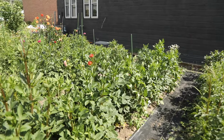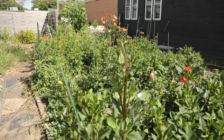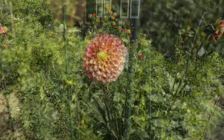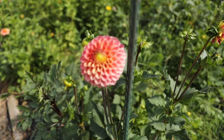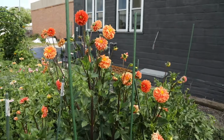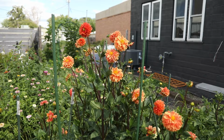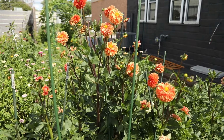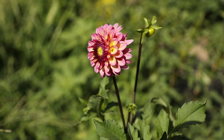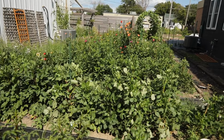Now the center of the garden is my dahlia patch. I have 108 plants planted here to be exact, and I just started harvesting the first dahlias of the season this week. This is a variety called Rose Toscano. Super pretty. This plant got away from me a little bit and I need to come in and deadhead it because these are clearly too far gone. But this is a variety called Sylvia. Hugely productive. Looks like I have a few Foxy Lady that are just starting to bloom. I would say within a couple weeks, this entire patch will be exploding and I will make sure to film